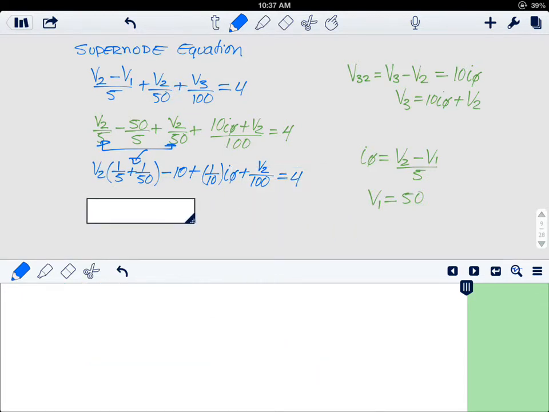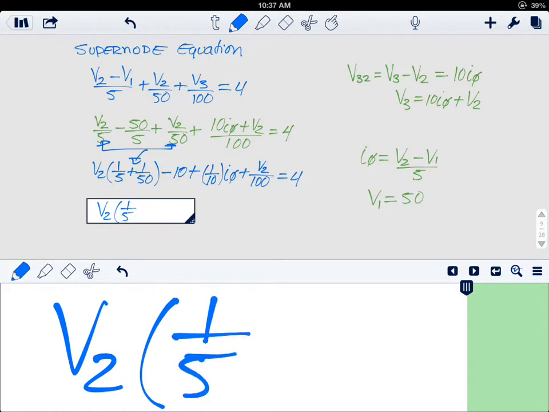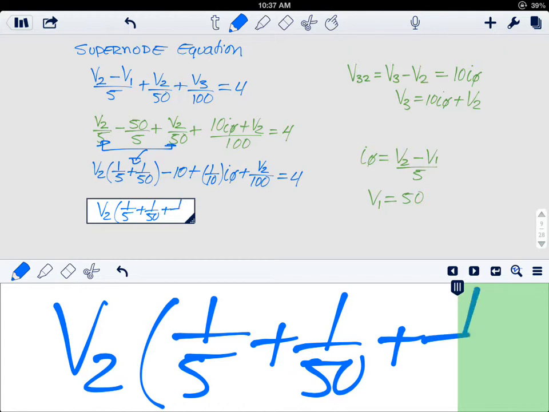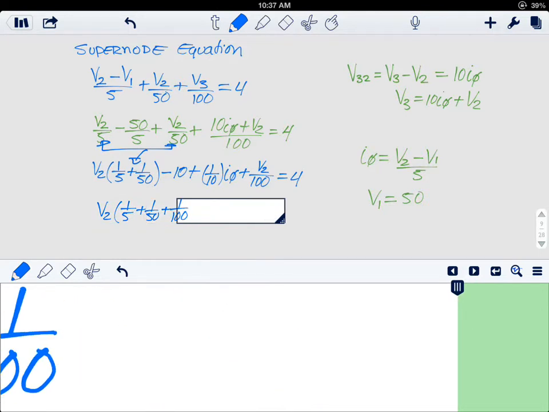This can be rewritten again as voltage 2 times 1 over 5 plus 1 over 50 plus 1 over 100,